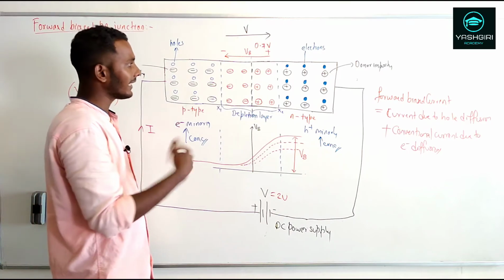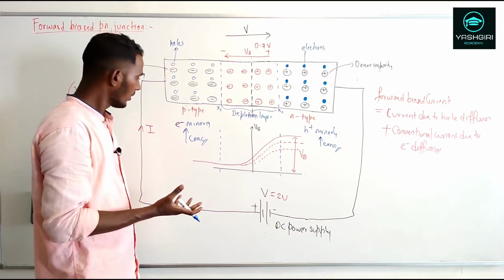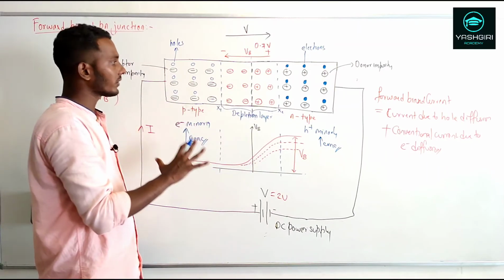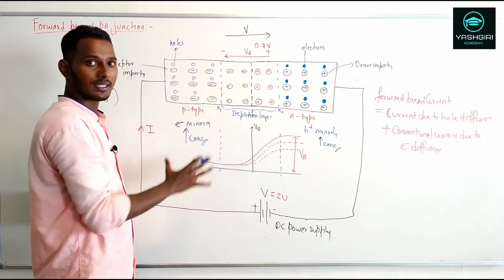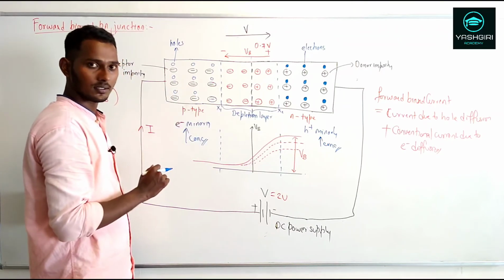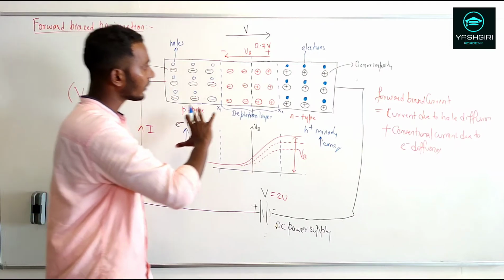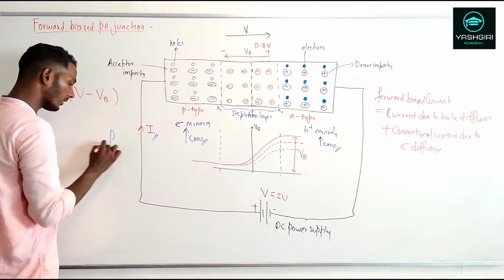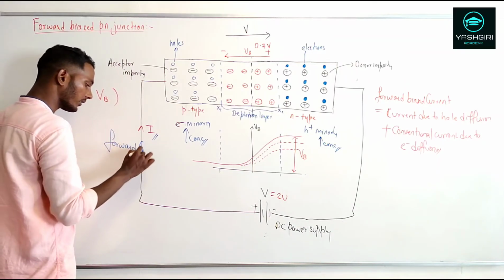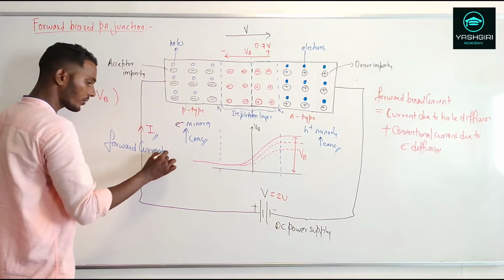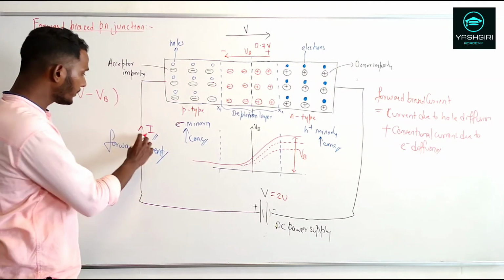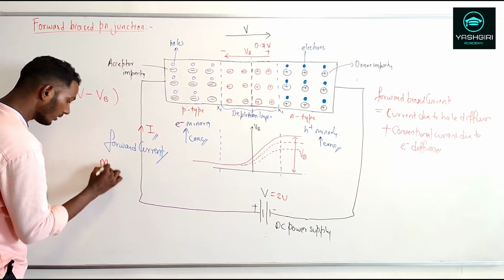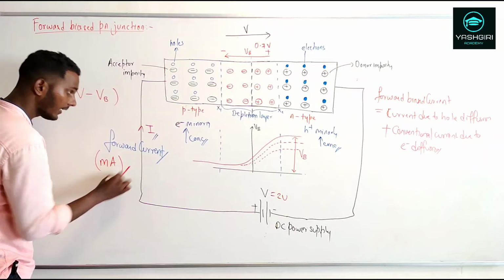But at the same time, electron-hole pairs are being created. So you will find a current in this, and this process will continue. Thereby you will find that the diode conducts a current in this circuit. So this is how we are going to get a forward current in the circuit, and we call it a forward current. The magnitude of this forward current is in the range of milliampere.